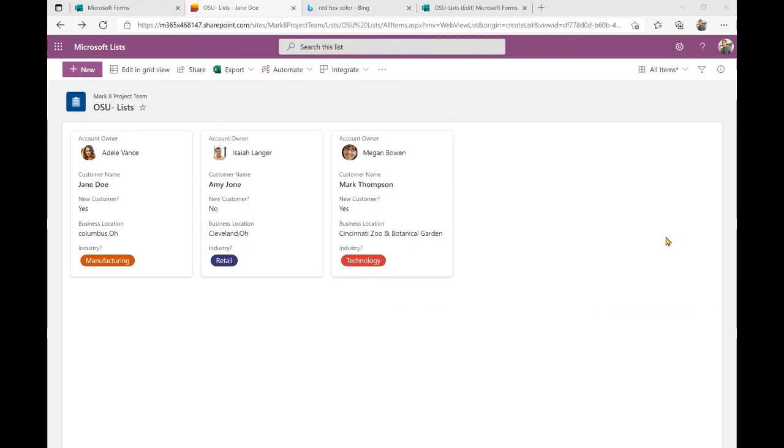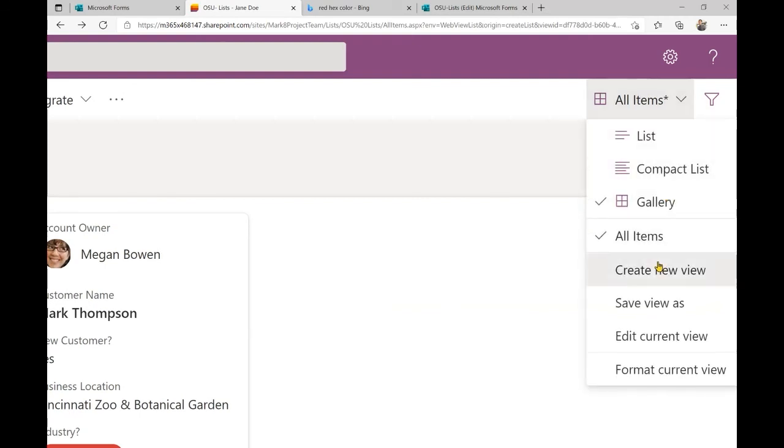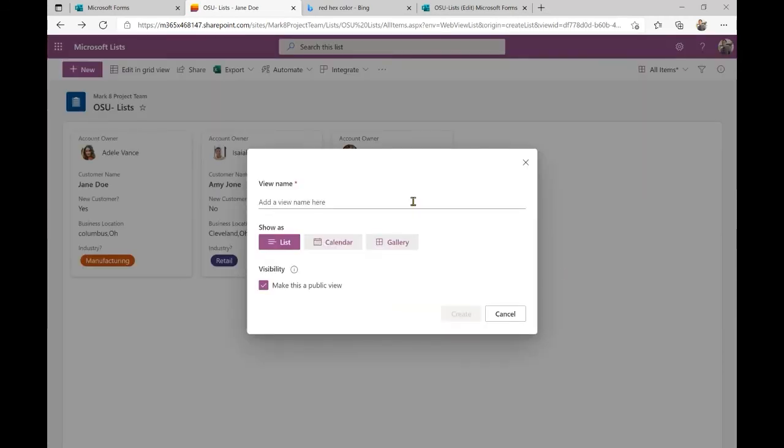Okay. Yeah, I see we're still getting a lot of questions about forms. I'm going to try to wrap up this list portion really quickly. For example, let's say you want this to be in this card view every time you come to look at it. You can create a new view here. We'll call this customer card view.